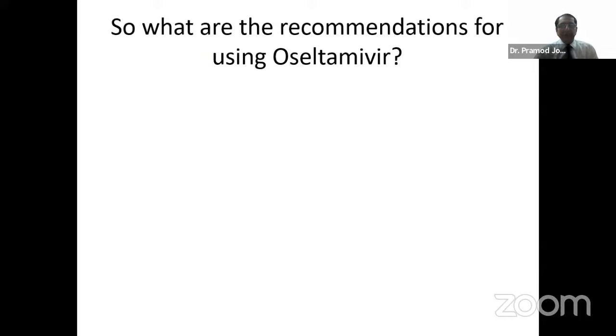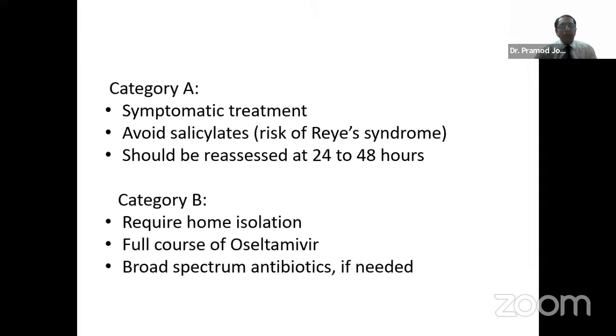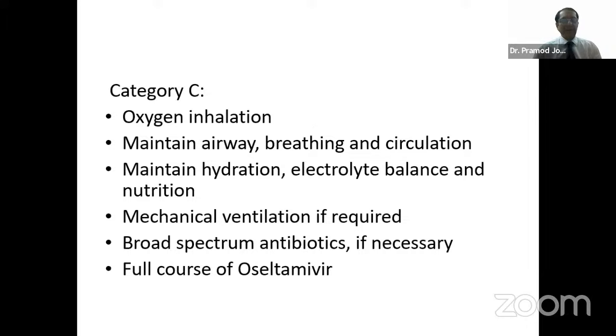So what are the recommendations for use of oseltamivir? As I told you, category A, we have only symptomatic treatment, and we have to avoid salicylates, only give paracetamol, and the person or the child should be reassessed. Category B requires home isolation, full course of oseltamivir, and if needed, broad spectrum antibiotics. And in category C, obviously they require oxygen, maintenance of airway, breathing, circulation, hydration, electrolyte imbalance, nutrition, and then mechanical ventilation if required, as we saw in the first case, and then broad spectrum antibiotics if required, but full course